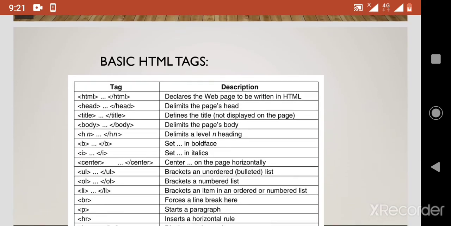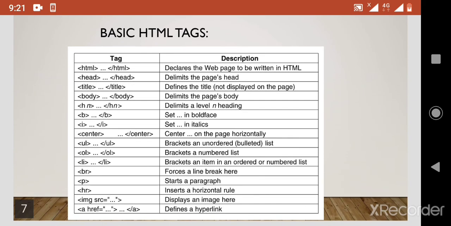Next, here are some of the basic tags of HTML. First of all, let us see a few of the tags. First is the HTML tag, which declares that the web page is written in HTML, that means the web page specifies in which language it is written.